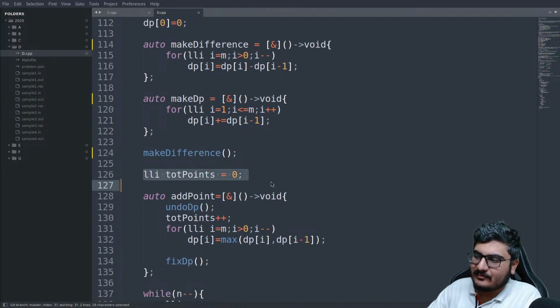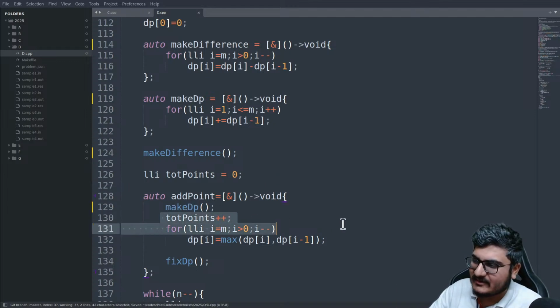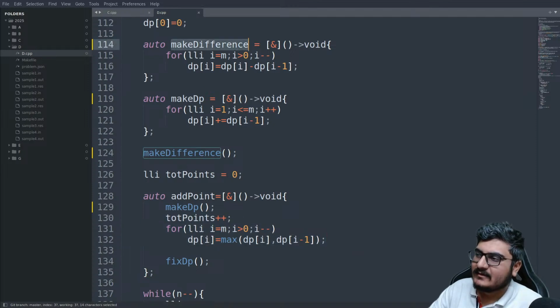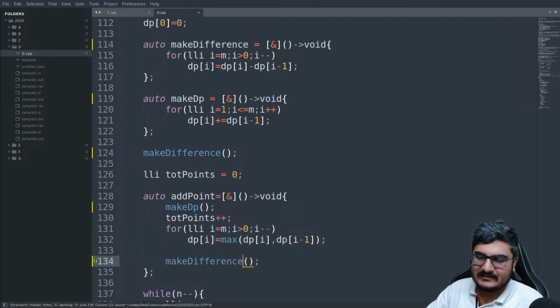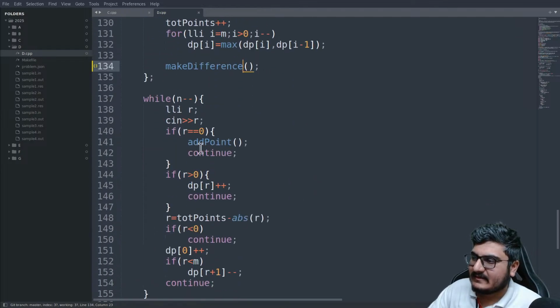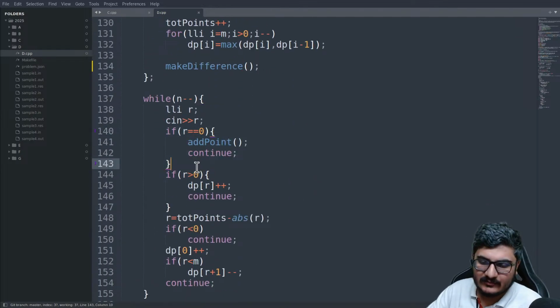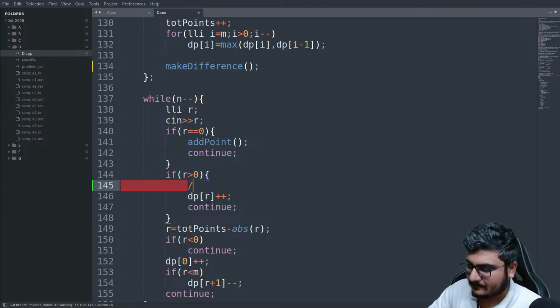Total points is the number of points I want to update. Then the idea is to convert this back to DP state, do the max query for all the points we have, and then again convert this array back to the difference array here. And the idea is whenever we have ri equal to 0, we do a +1 query here. Whenever we have ri greater than or equal to 0, like this is like